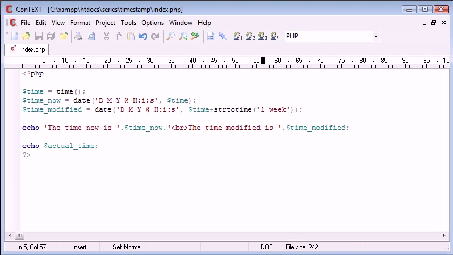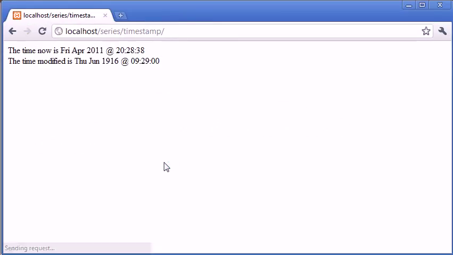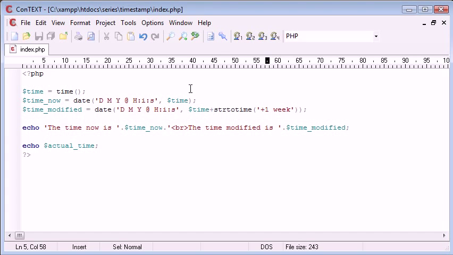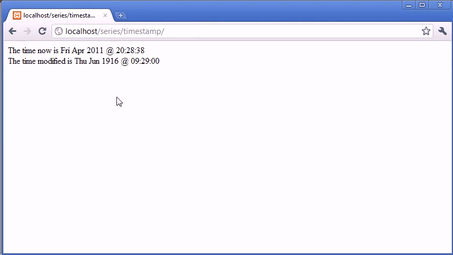Right, so this might just be my... okay, there, plus 1 week. And what that should do is... no. In actual fact, looking at this logically, what I've done is I'm returning the timestamp and adding on something we don't need to. So if I was to say str to time, this is already including the timestamp and then we're adding a week on. So let's just try this again and